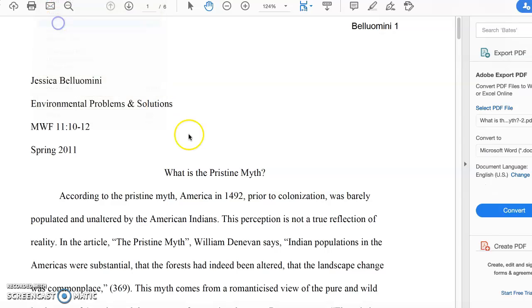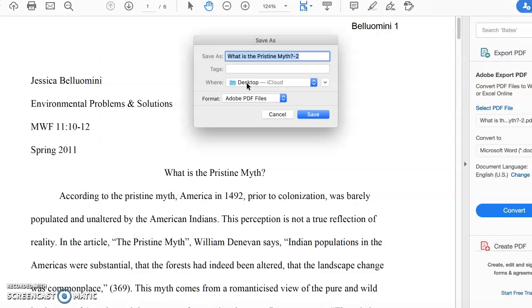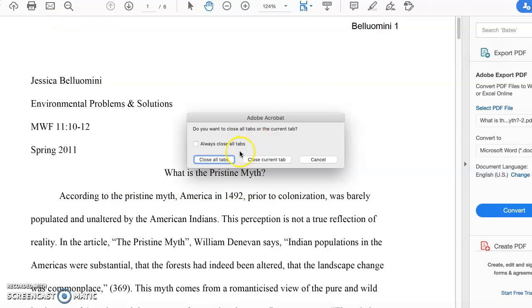Come on now. And I'm just going to title it with my name and final revision. All right, I'm going to save that on my desktop. Okay, now